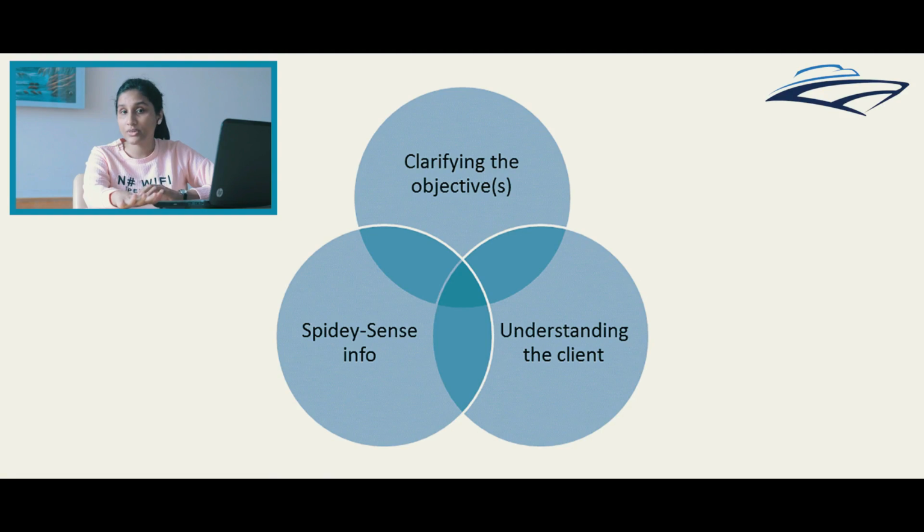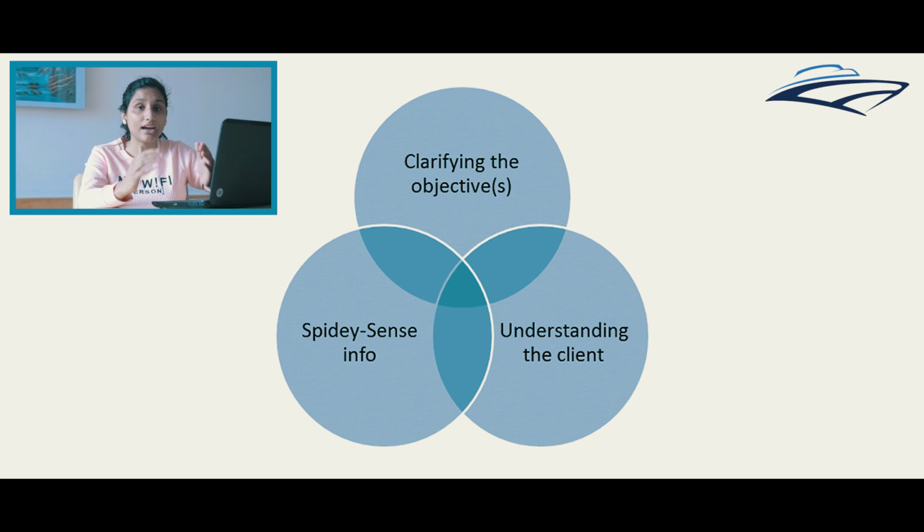So talking about the first part of the case, that is asking the right preliminary questions. The preliminary questions are asked so as to clarify the whole scenario of the problem. The whole preliminary questions can be divided into three main components. First is clarifying the objective. Clarifying the objective would mean what is a metric to decide the success of the problem.